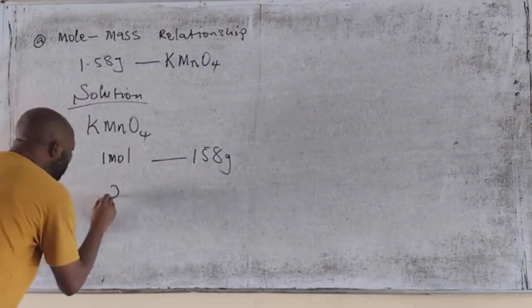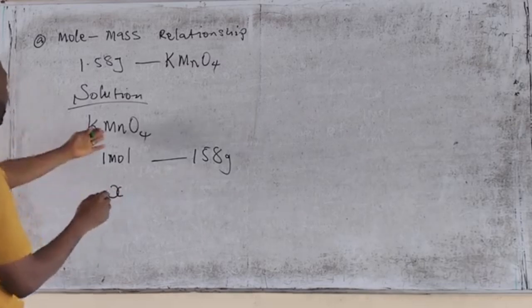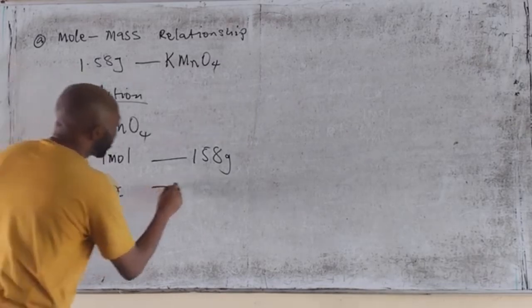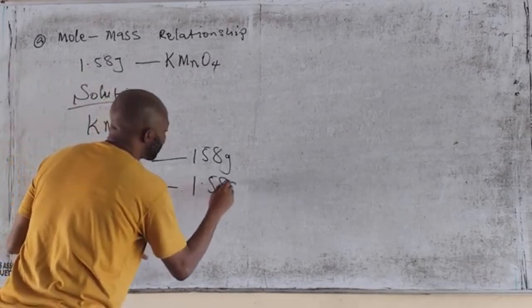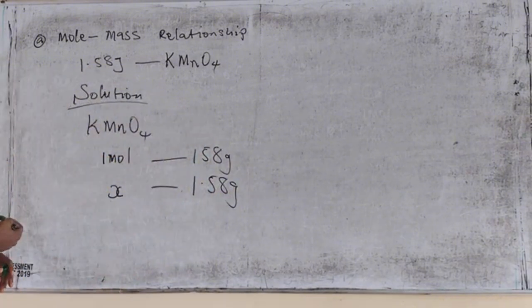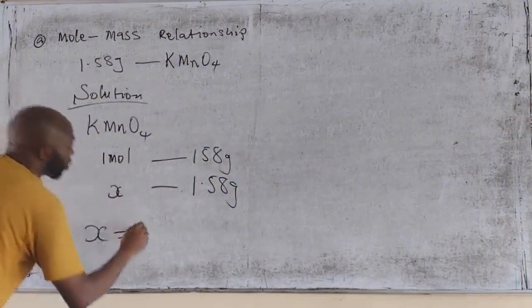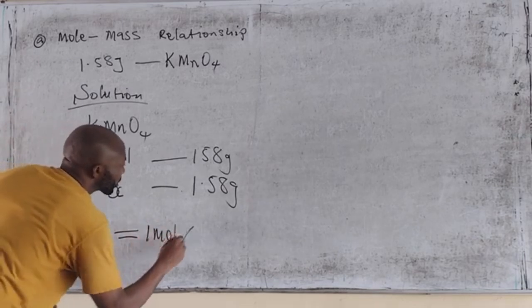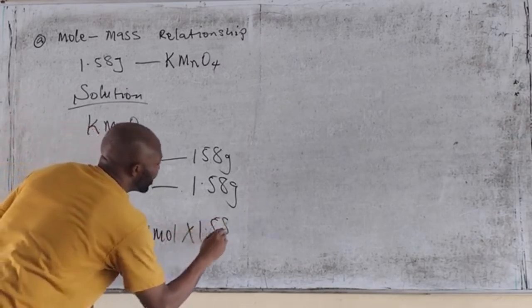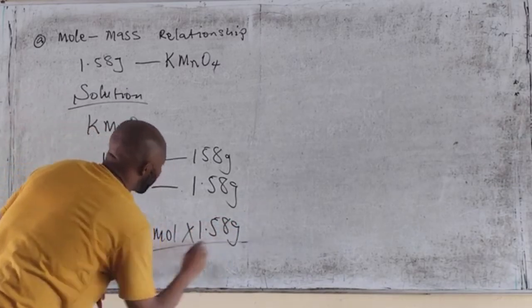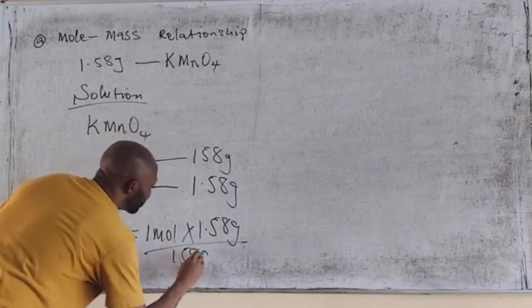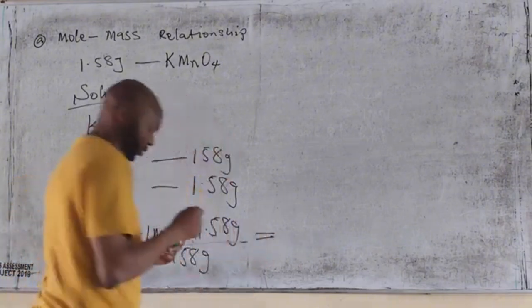Now, how many moles of KMnO4 will give me 1.58 grams? That is the question now. So my X mole will be 1 mole times 1.58 gram divided by 158 gram,